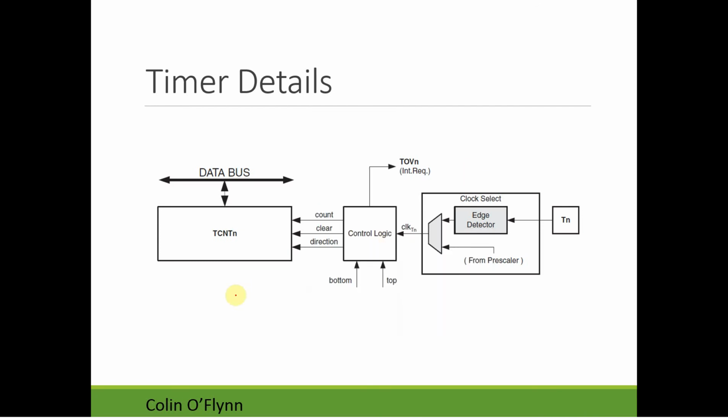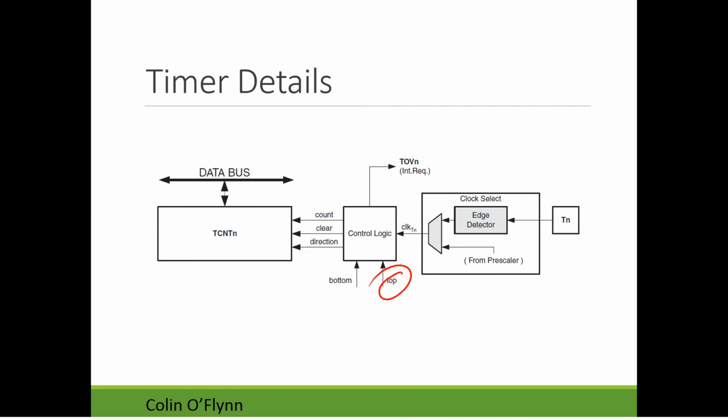So this control logic is what allows us to count both up and down. Previously, I was talking only about counting up. It actually has the ability to do both, counting up or down, which we use for some of the more advanced modes. The control logic also includes, so you can see in the bottom, they have this thing called